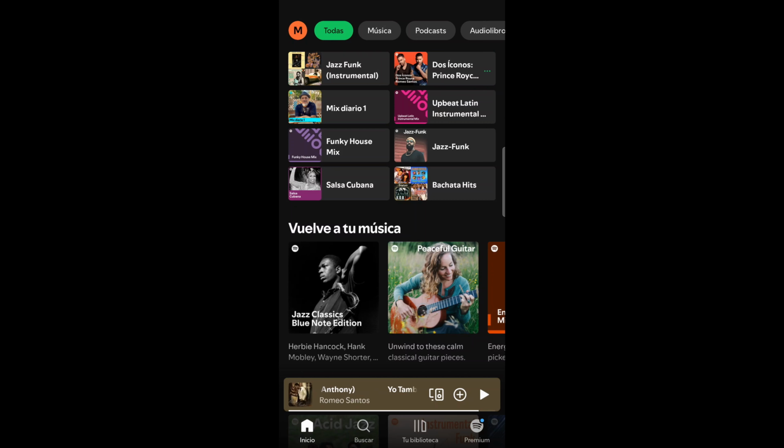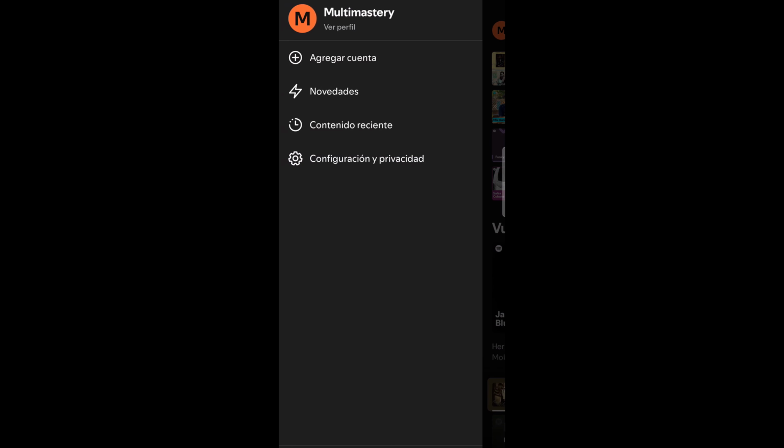Now, if you don't have the default language of your phone set to Spanish, which I urge you to do if you are serious about learning Spanish, what you can do is click on this icon here, your profile icon in the Spotify app. Then you see where it says Configuración y Privacidad. That's configuration and privacy.